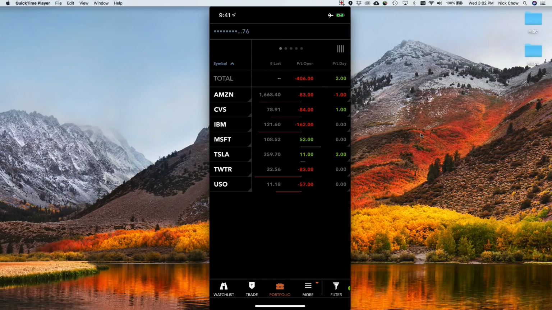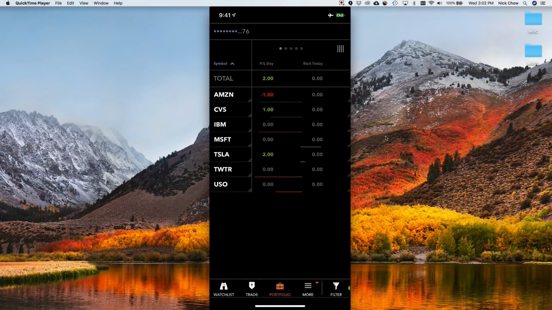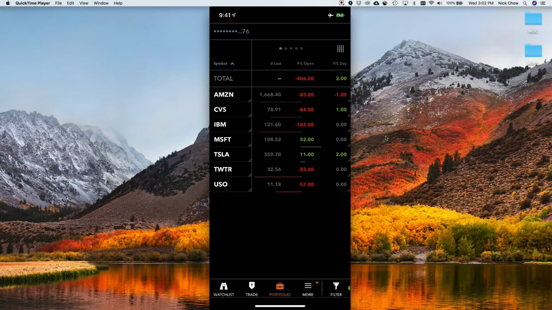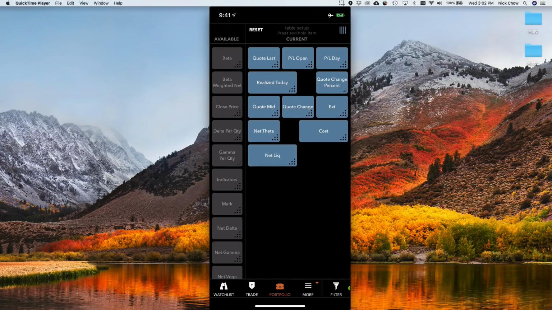Going into portfolio, this is showing what I have open right now, and as you can see, we have some positions that are losing, some positions that are winning. What you can do is scroll over and customize these columns to be anything that you want as well. So as you see up here, we have this little 4 vertical lines here. You tap on that, you can select